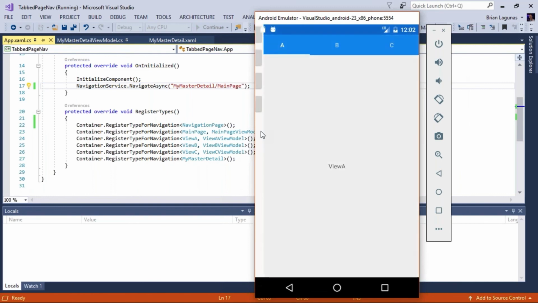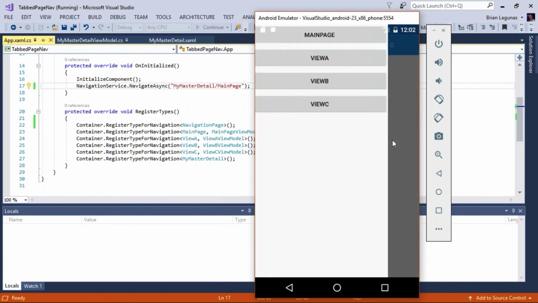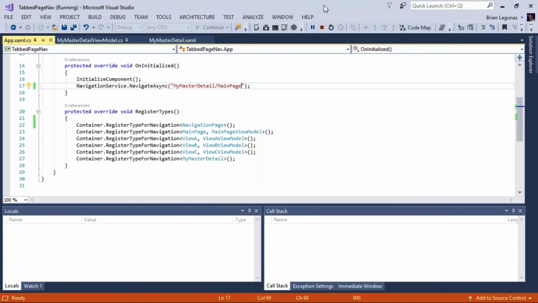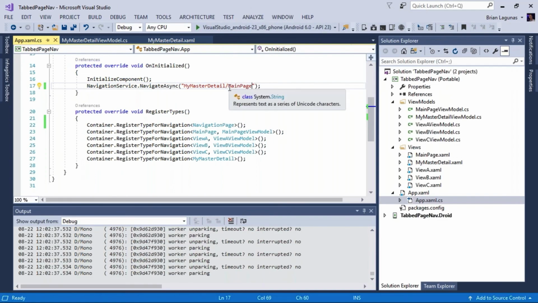But I know this works because if I swipe from the left, there's my master, right? And I'll navigate to view A. Hey, look, my view A is there. And I get my hamburger menu. Oh, whoa, that's confusing. Why is that? Well, first off, we need to make sure our detail is wrapped in that navigation page. And then I'm going to make this view A. I think, yeah, view A. Okay, none of these have buttons on them. That's fine. So now if I run this,